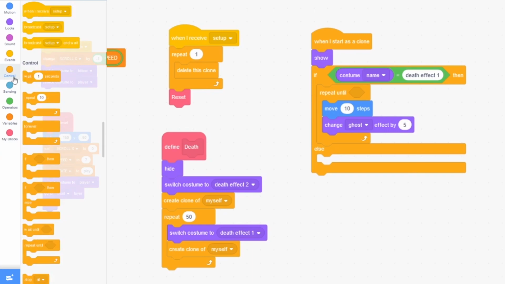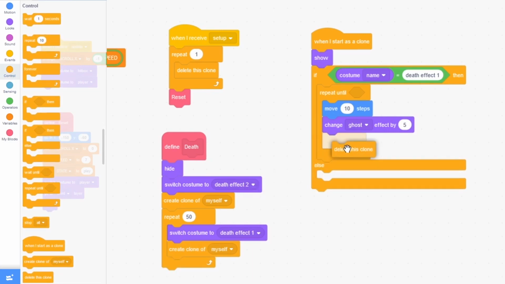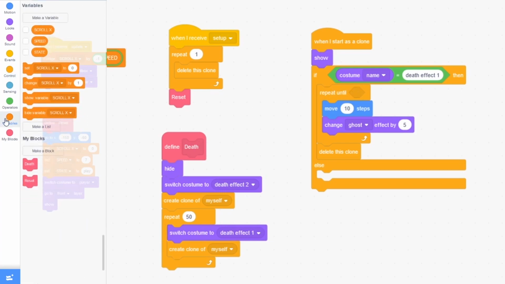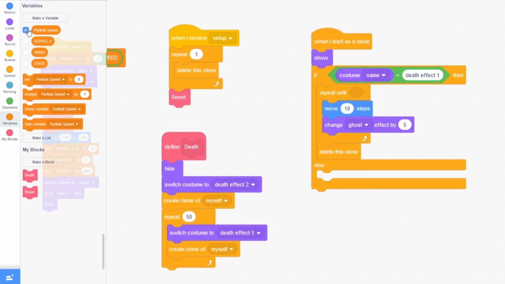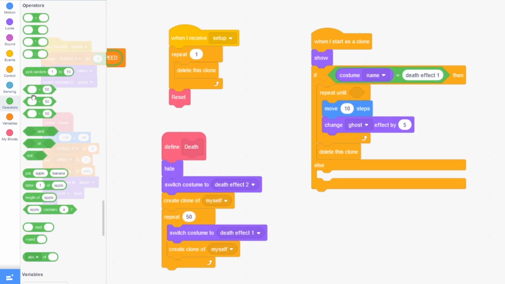Then after this, delete this clone. And we want to make sure that we have something to put in repeat until, or else the clone will stay out there forever. So just make a new variable for this sprite only called particle speed, and press OK. And I'm just going to hide this and go to operators, drag out the less than block,